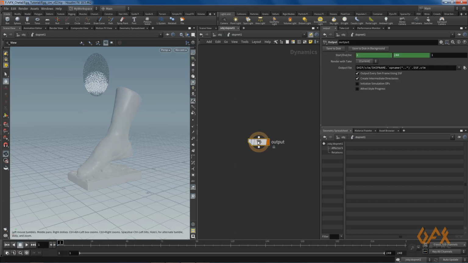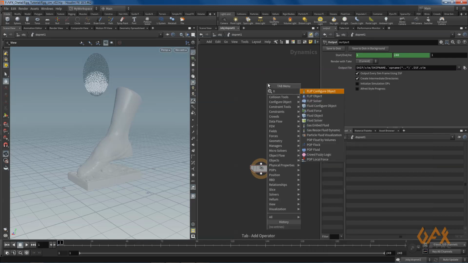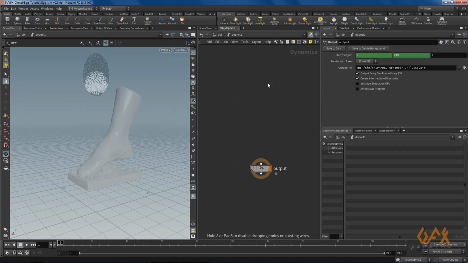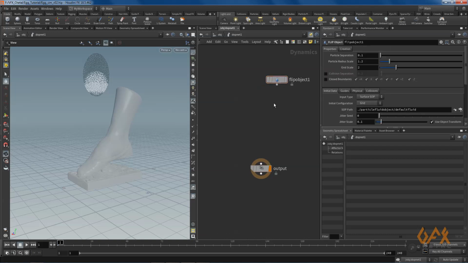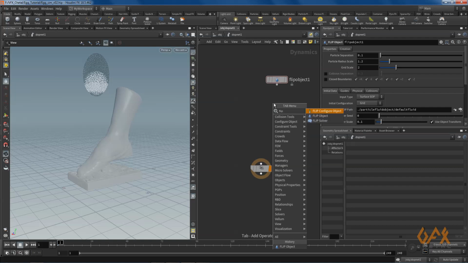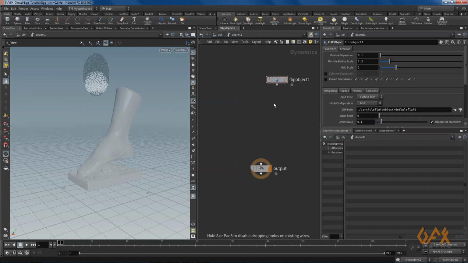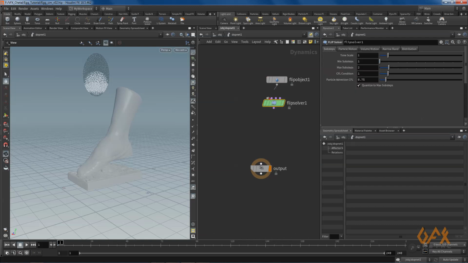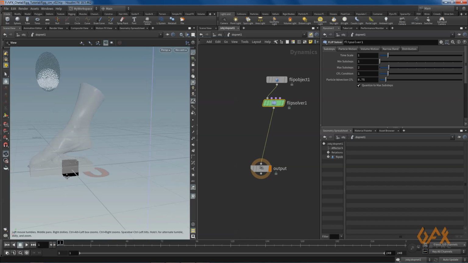Now I go inside this, so here I get one out node. Right now I create one flip object. Definitely with flip object you need to create one flip solver. I connect it over here and over here. Okay, so right now you get this kind of setup.